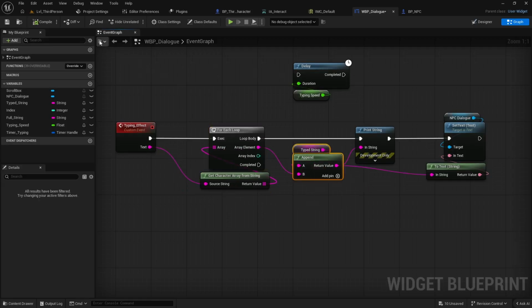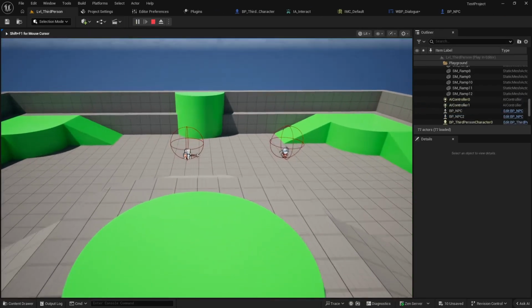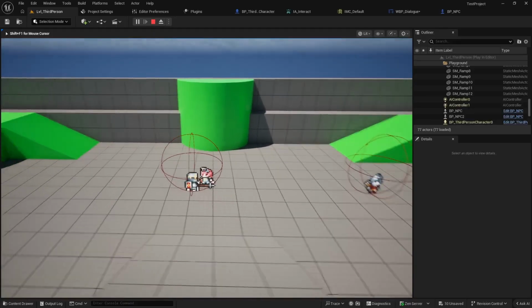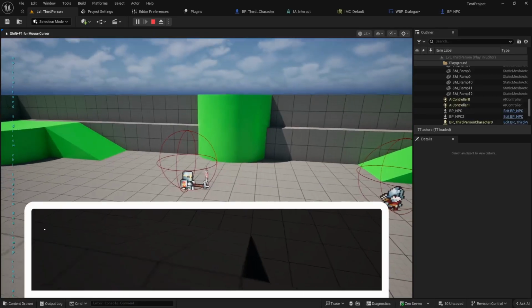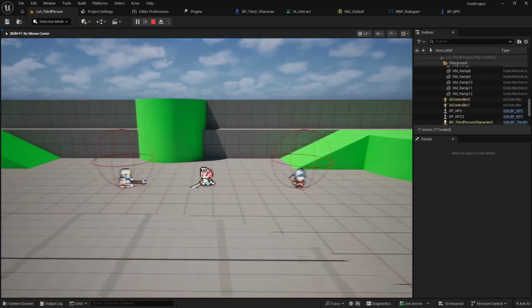So if you were to do this, it would basically iterate across the entire string, but it would do it so fast that the text would appear on screen instantly. So it would just kind of show up. Even if you add a delay